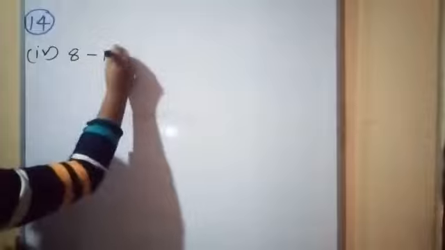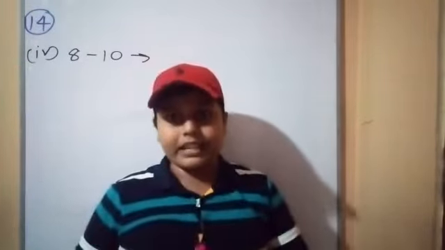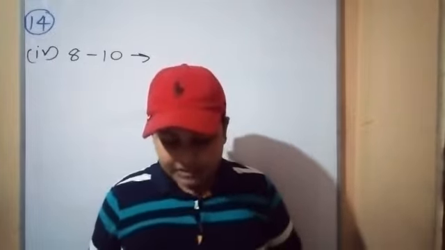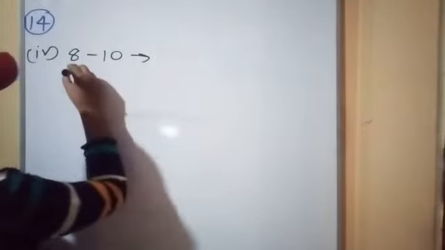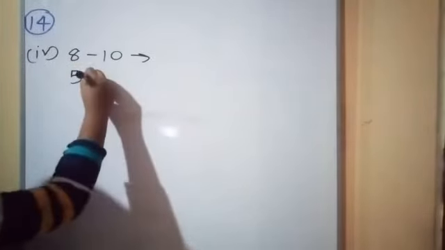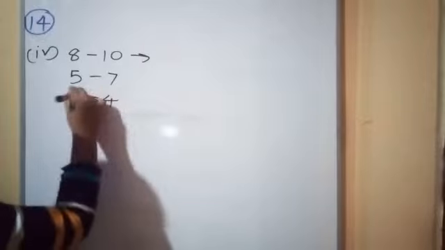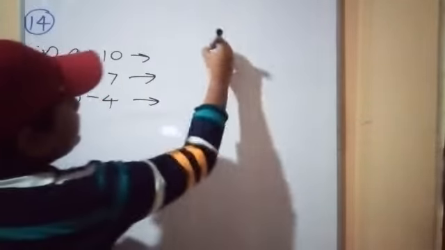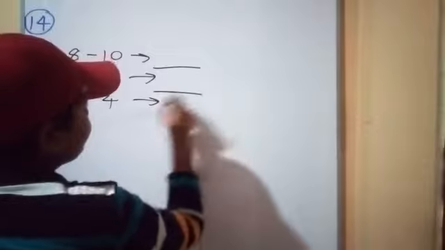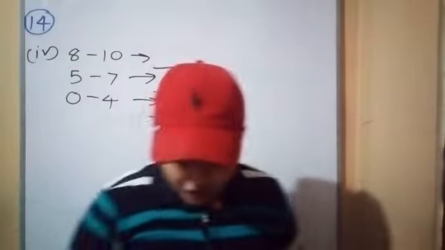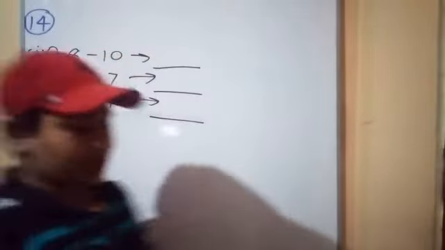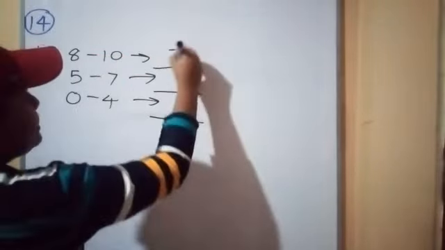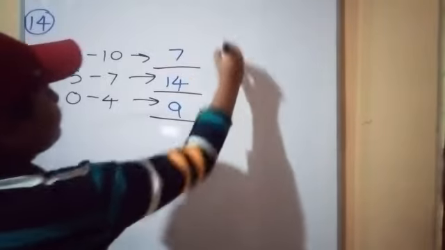Now 8 to 10 reach the competency level. 5 to 7 marks approach the competency level. 0 to 4 is remedial. You want to write the students that get what? Now you know 0 to 4, 9. 5 to 7, 14. 8 to 10, 7. You want to write the upper side. They are 7, they are 14, they are 9.